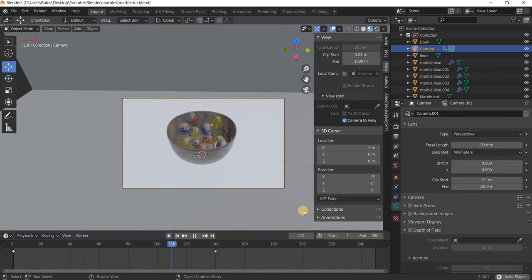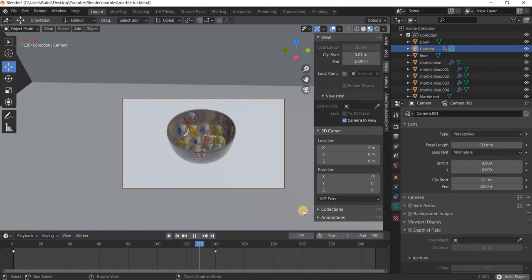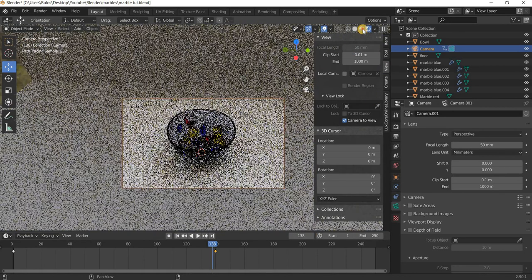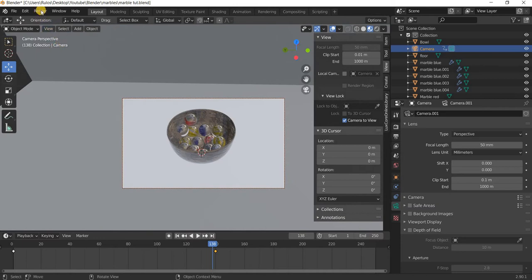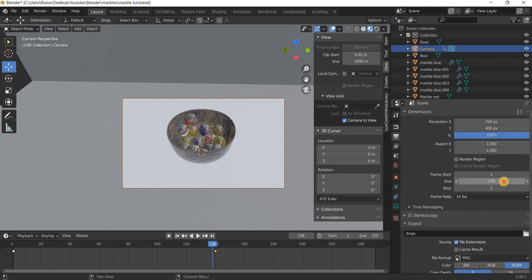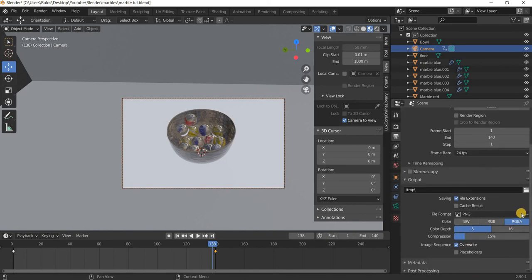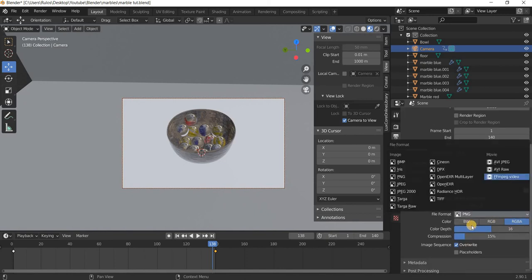Okay, so you can see the marbles. This simulation will end at around 140. That sounds good. To see how this simulation looks, you can also go to view, and before you do that you have to go to setup, go to end frame 140, 24 frames per second is good, save it as FFmpeg video,